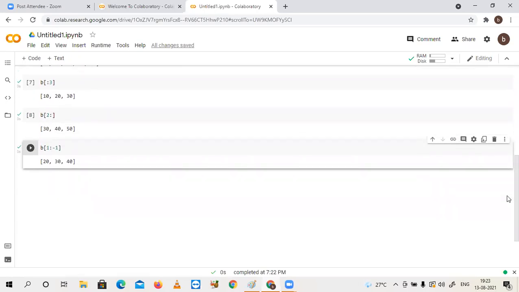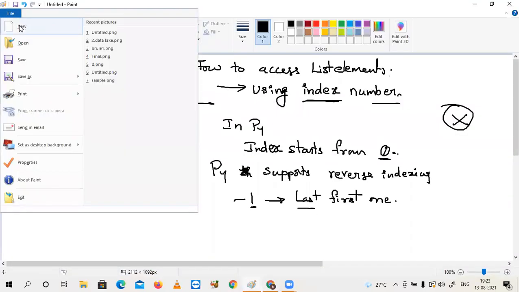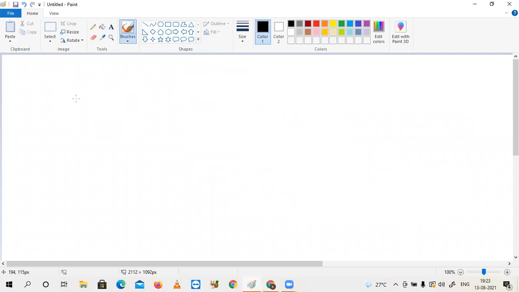Now, multiple lists I am going to take as this example. Suppose I have a list A. A is having values 1, 2, 3, and 5. Totally 4 values are here. B is a list. Here 7, 9, 10.